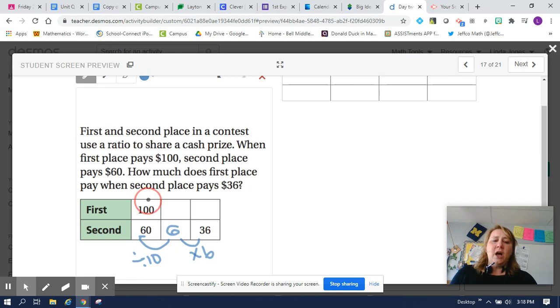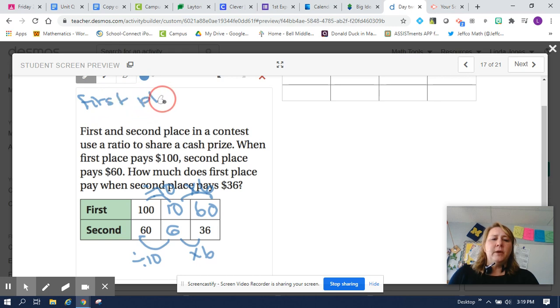And if I divide by 10 on the bottom, then I divide on the top by 10. 100 divided by 10 is 10. 10 times 6, I have to do the same things, is 60. So my question, how much does first place pay when second place pays 36? First place pays $60. By the way, when you have a story problem like this, you should always answer it in a sentence. So my answer would be first place,